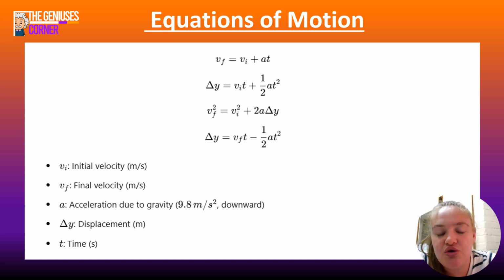Very important when you are using these equations in problems, you always need to write them down as they are on the formula page before you substitute the values, because you do get a mark for that. Your teachers want to see, do you know which formula to use? And always include your units with your values, because in physics, a value without a unit doesn't mean anything to us, because we want to know what we are dealing with.